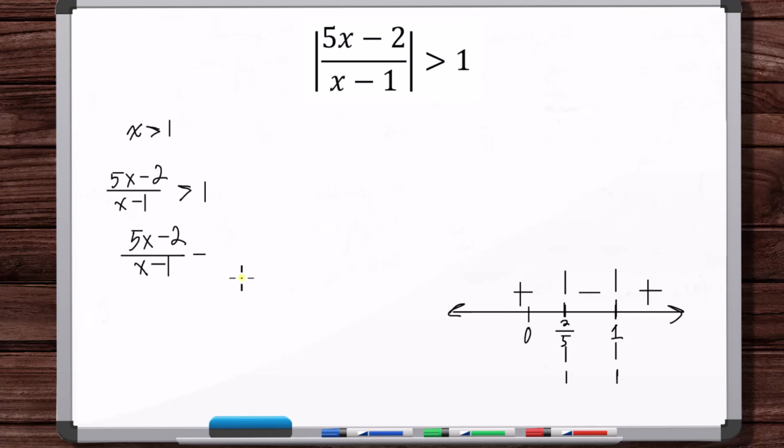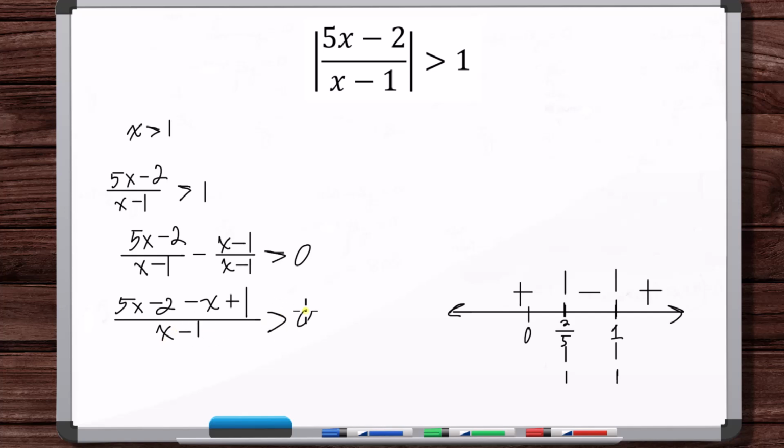Let's write 1 as (x minus 1) over (x minus 1). So you have 5x minus 2, and then minus (x plus 1)... over x minus 1. Okay, you have (4x minus 1) over (x minus 1). So you would do your analysis on this, and I'm not going to go into how to do that in this video. I'm just going to tell you what you would do, you would figure out that,